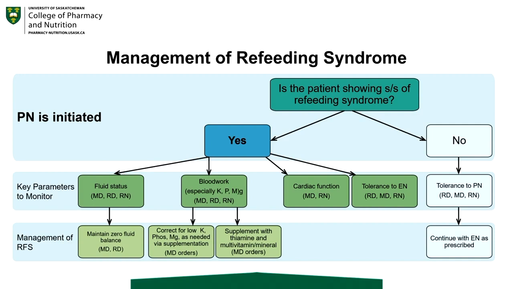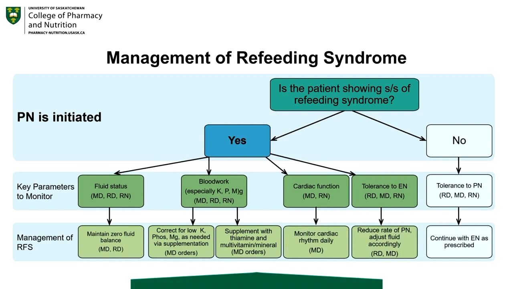Cardiac function must be monitored regularly, and the nutrition prescription must be modified, such as reducing the rate of EN infusion if it was started too high and ensuring minimal fluid is given to maintain a zero fluid balance. As you can see, the management of refeeding syndrome is a multidisciplinary effort that requires a coordinated response from the